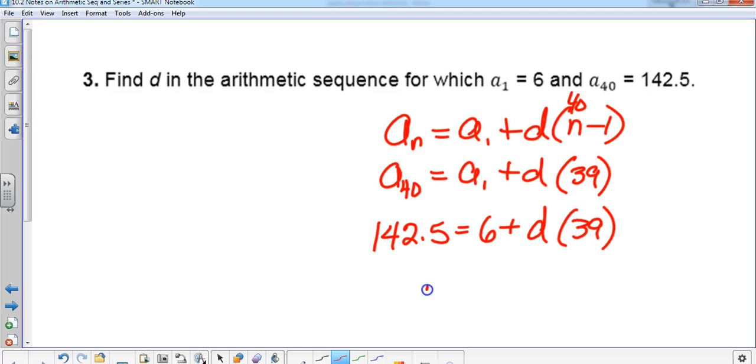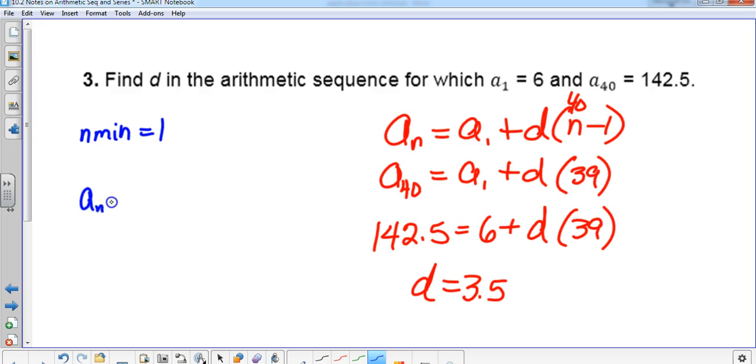I got 3.5. Anybody else? Okay. Subtracted, then divided 6 by 39. How could we put that in our calculator to check? If you wanted to actually see the sequence, do you remember how to type that in? You'd go to y equals and say the minimum term number is 1. Yeah, we could put in,